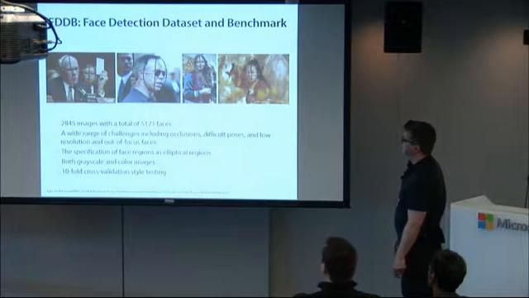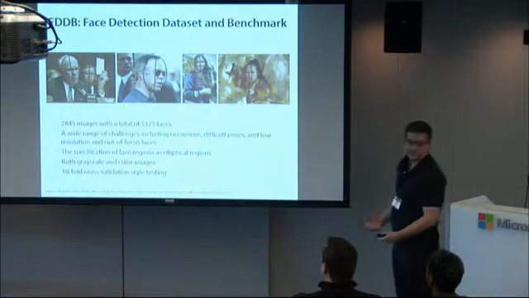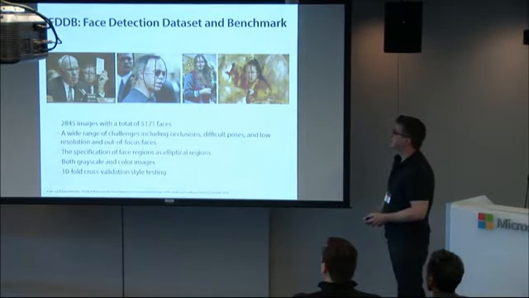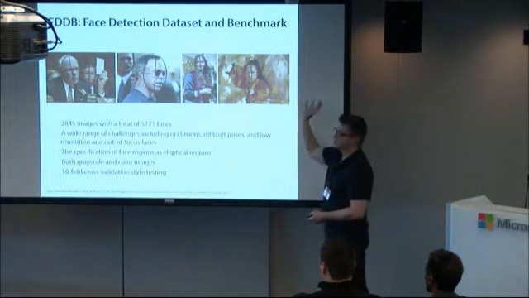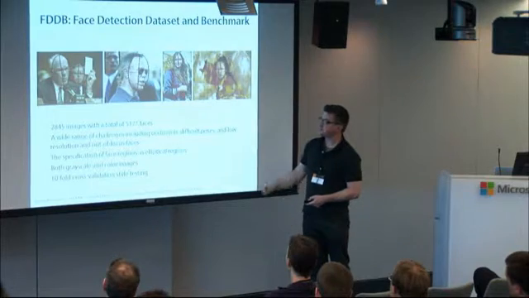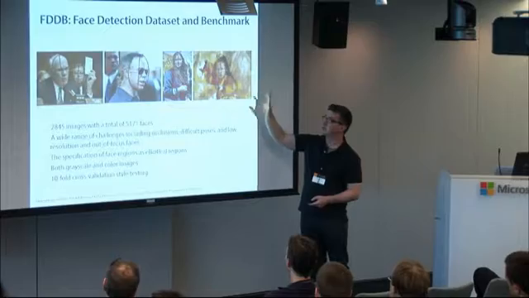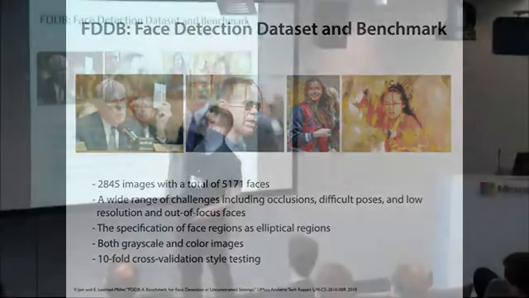And then of course we need to actually test this on some sort of accepted data set. So we use this face detection data set called FDDB. Suffice to say, it's just a bunch of images taken off the internet. A lot of people report numbers on this data set. And importantly, they're not all frontal faces. There are lots of different views and different amounts of blurriness, and your goal is to try and catch all